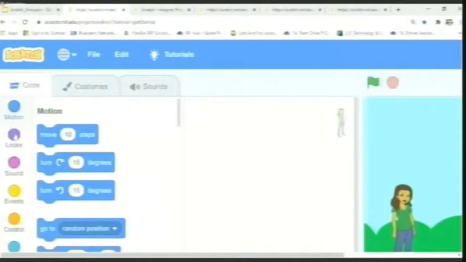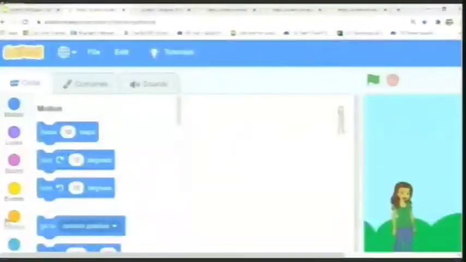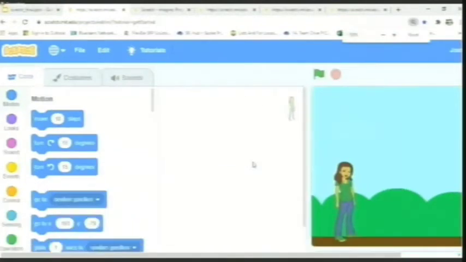There are motion blocks, looks blocks, sound blocks, events, there are multiple options. Here we are not going to use all of them, but I will definitely show you most of the things which are needed, particularly for animation. So let's look at the motion blocks. At some point, if you're lost and have no idea what a block does, for the viewers, I would like to zoom out a little so that you can see the animation happening live.